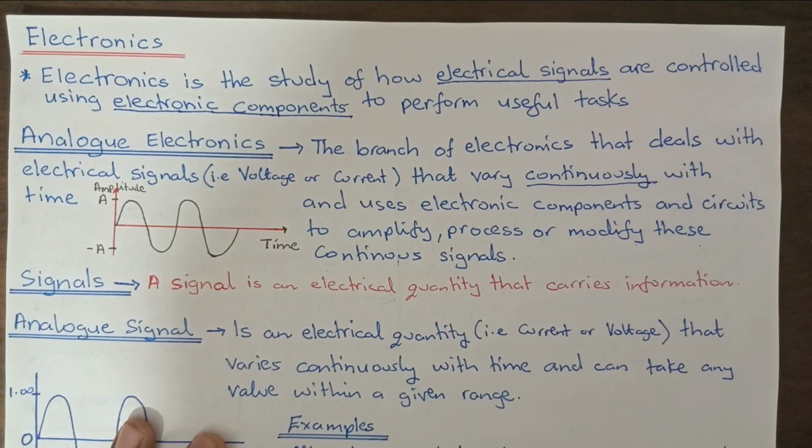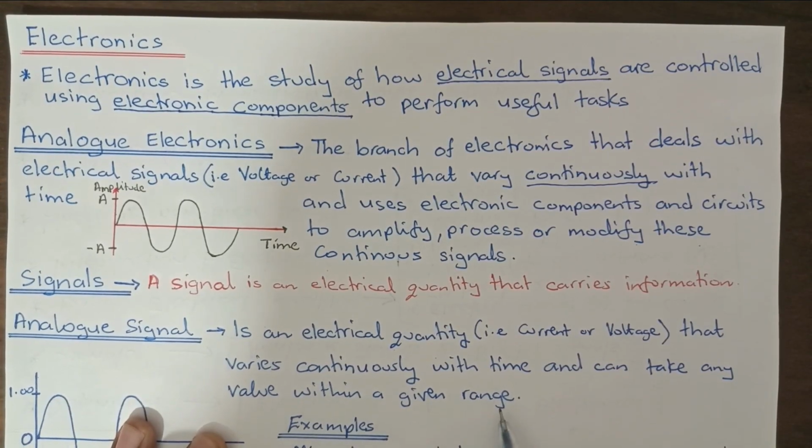I've got a signal of 1,3. I've got a signal which varies between 0 and 0,6. I've got a signal which varies between 0 and 5. Okay? An analog signal is an electrical quantity that varies continuously with time and can take any value within a